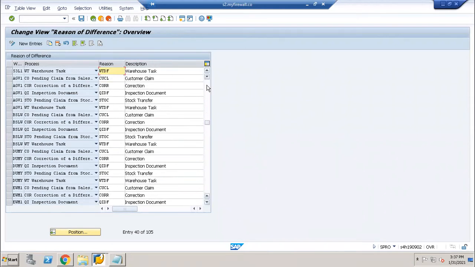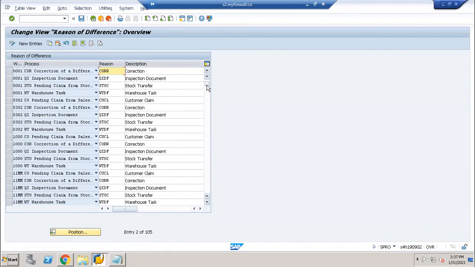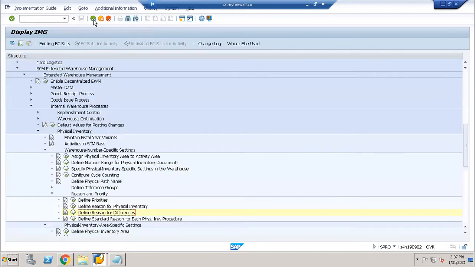Let us suppose 1155. These are the reasons, maybe for customer claim, for correlation, for inspection document, for STO pending claim, right? These are the particular reasons for differences we can define, that is, the difference between the SAP book value and the actual count results, right?